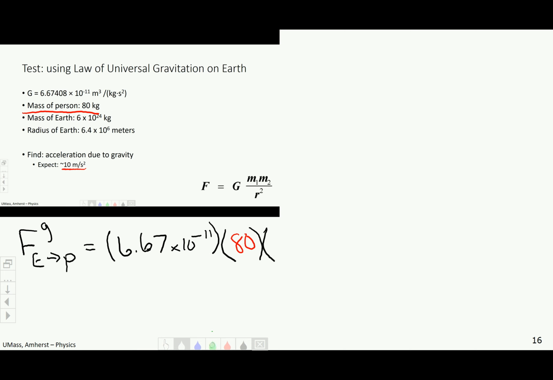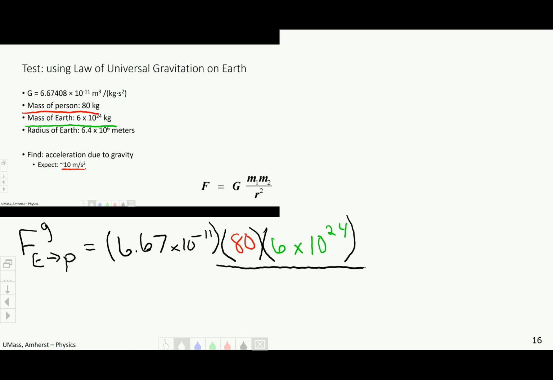Mass 2, we're going to say, is the mass of the Earth. Remember when I said that we're dealing with a lot bigger than 1,000 kilos? The mass of the Earth is 6 times 10 to the 24th kilos. That's a lot of mass. Okay, and then for our radius,